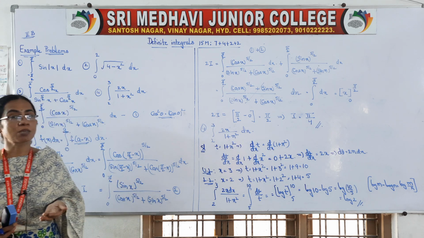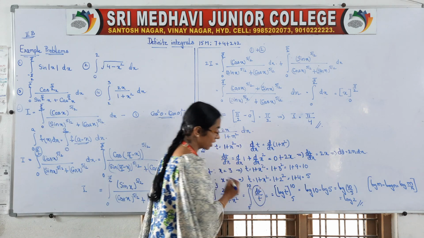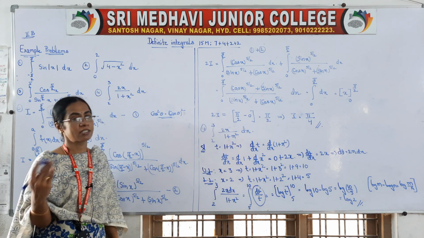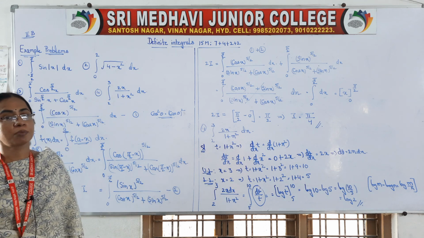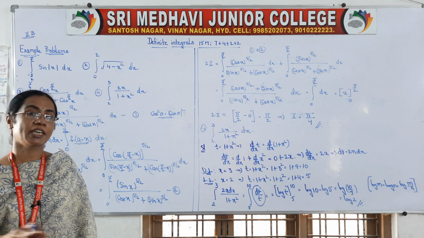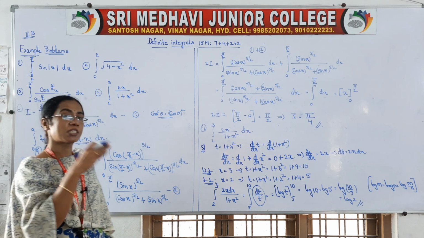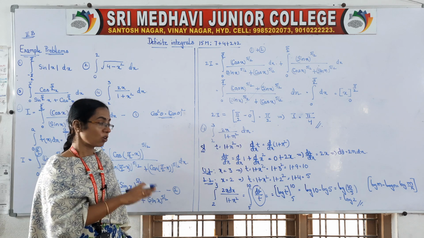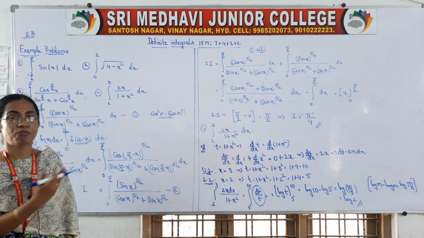Actually, after the substitution we will convert the entire problem in terms of t, if you observe, isn't it? In substitution we take t is equal to something. So after finding the derivative and substituting, the entire problem will be in terms of t. So the limits also must be in terms of t. Okay, so substitute them and simplify, you will get one definite value.